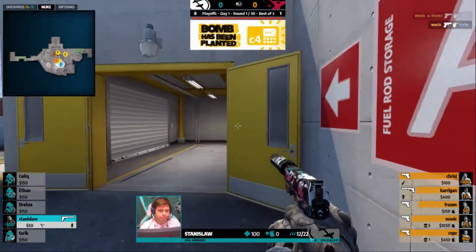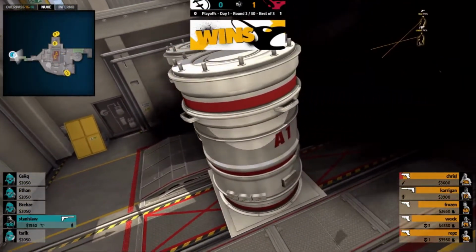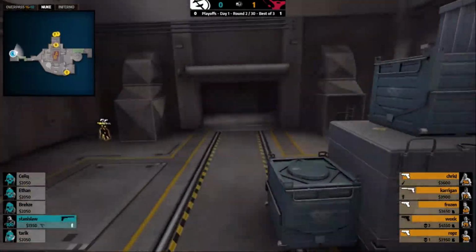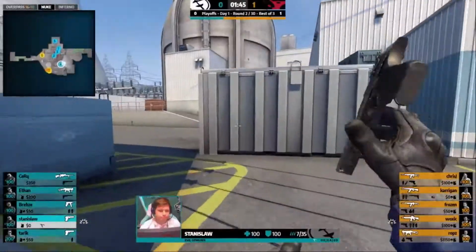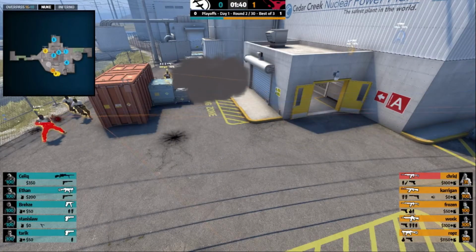CT pistol towards B must be so awkward for a CT side. Towards T-spawn. It is the best decision. Chris J and Rops take enough damage. Buy up. Force buy. To see if they can steal things away from Mousesports, who are making their way outside